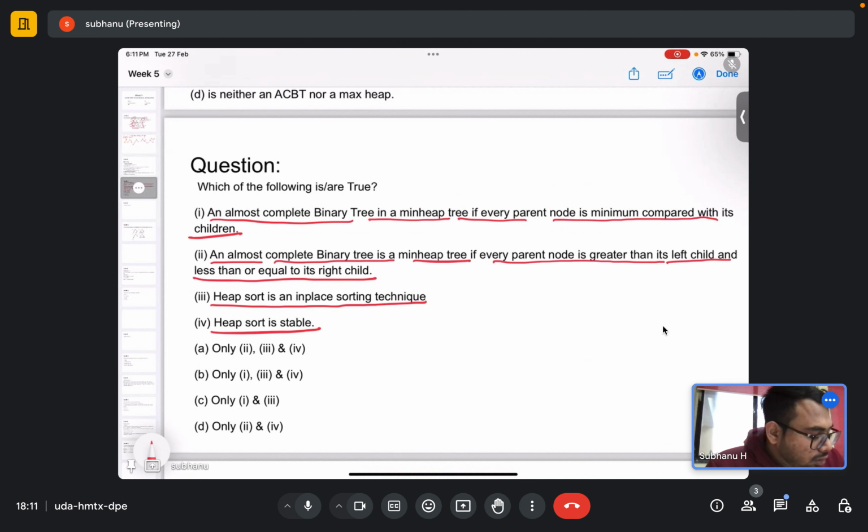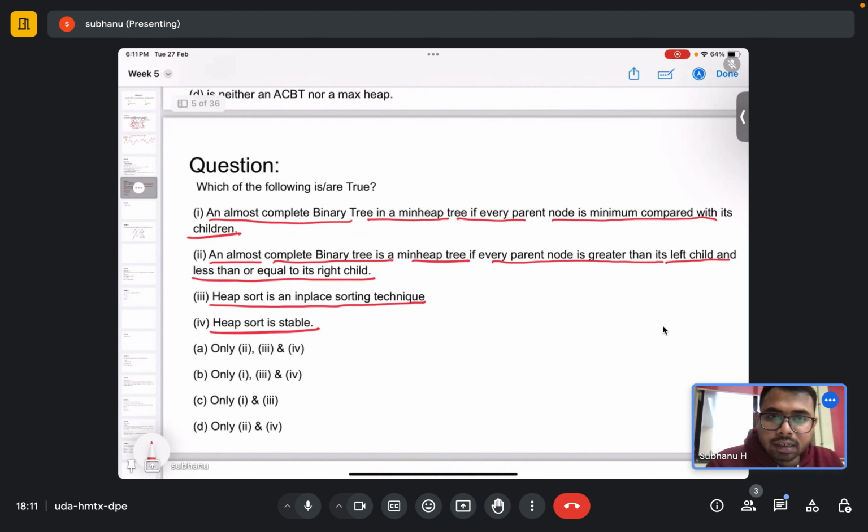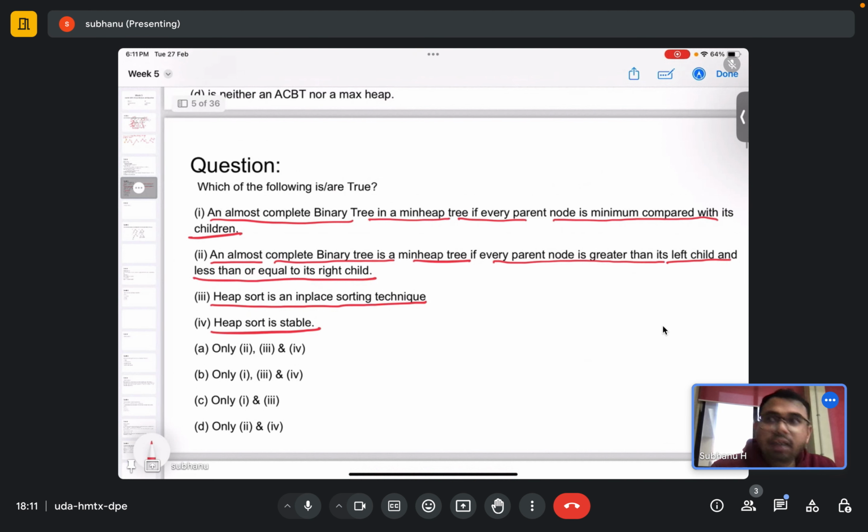So let's try to analyze. In a previous lecture, when we were learning about the sorting techniques, I described what the in-place sorting techniques are and what the stable sorting techniques are. In-place means there is no extra space required. And stable means, so if